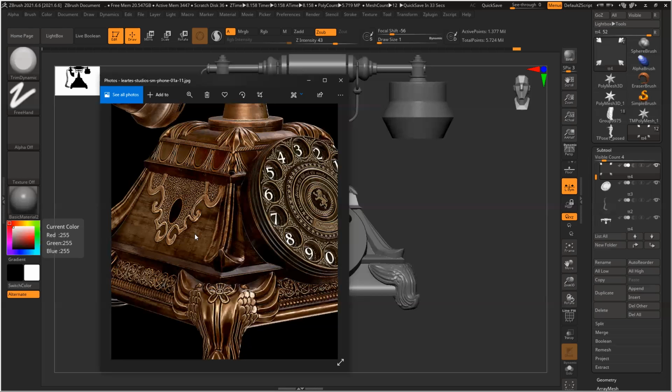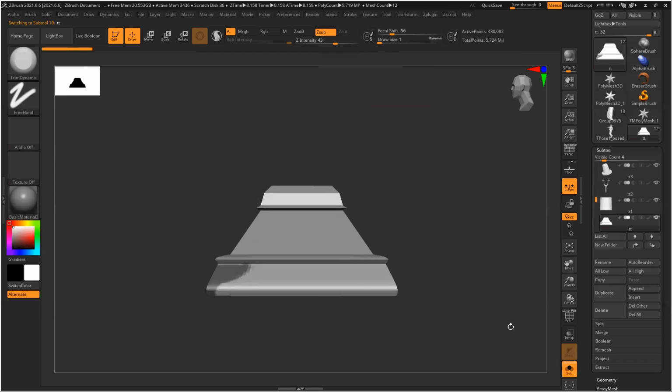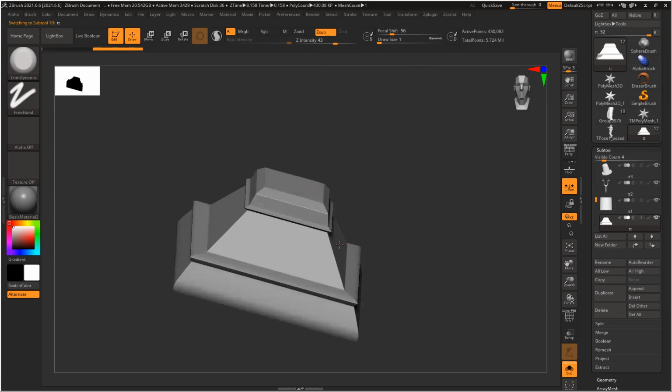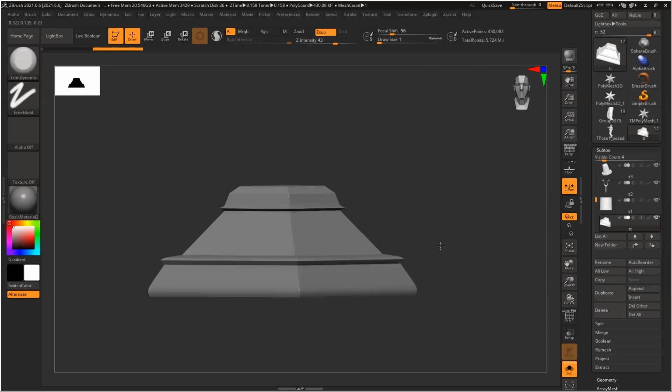And if I want, I can create an alpha also. That is also absolutely fine. So let's create this. Suppose I want to create this solo side. So now I want to switch on my symmetry. X, see, it works very nicely. Previously I have used X and Z symmetry, so it's already there.